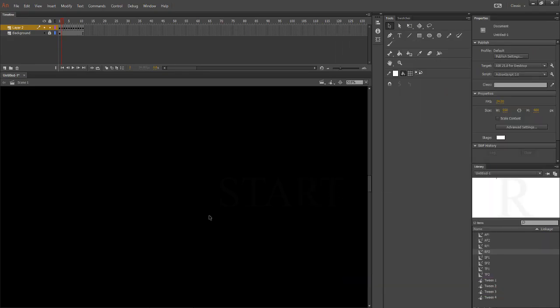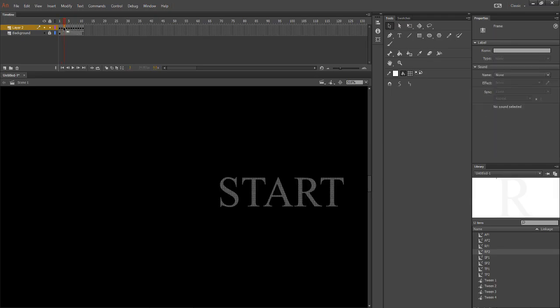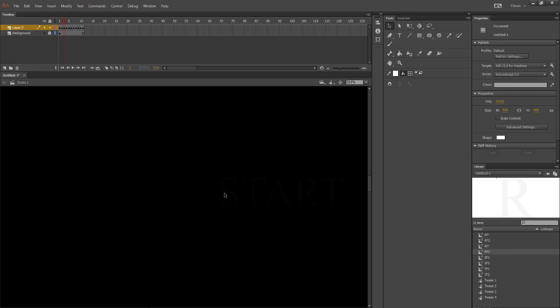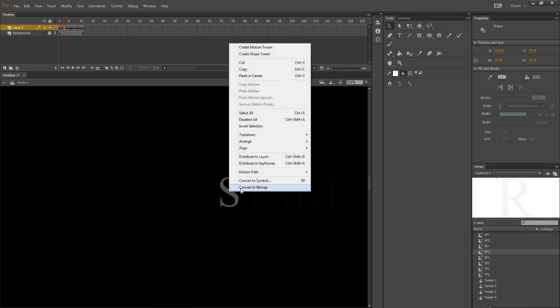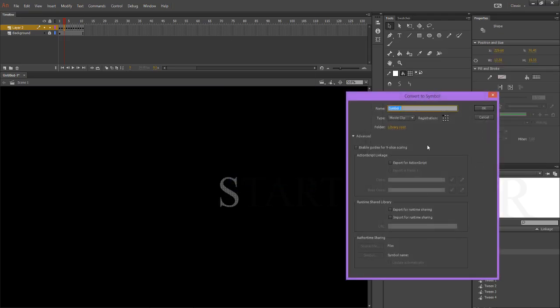And that's another T. Convert to symbol S. Frame 3.